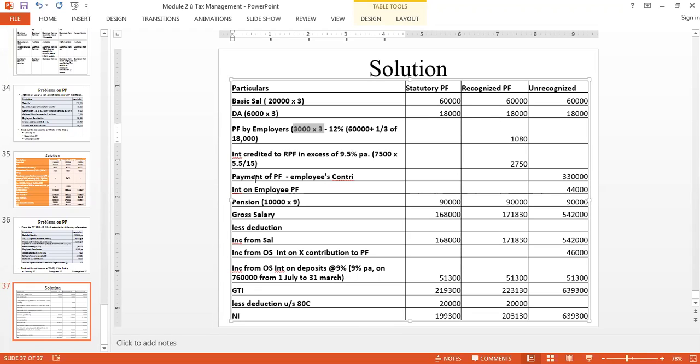So what is one third of 18,000? It is going to be 6,000. Are you able to understand? Are you able to get what I'm trying to tell you? Yes, sir. Or is there any doubt? Honestly, if you have doubts, please let me know, because this problem is so important. Can you explain it again, sir? It's a bit confusing.